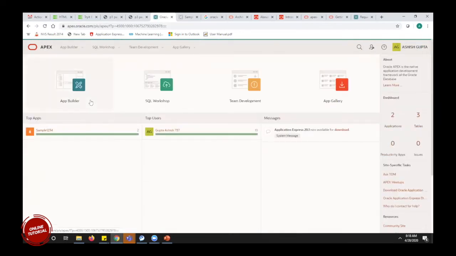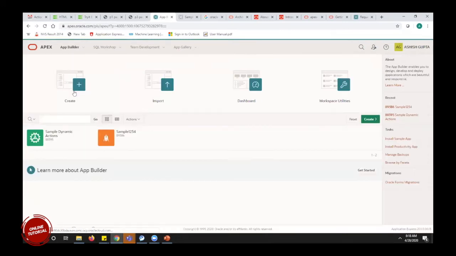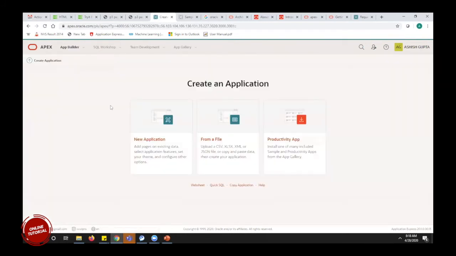For creating an application, we click on the App Builder, then click on Create. Now my application can be from a file, or from a sample, or I can create a new application of my own. So I am creating a new application altogether.